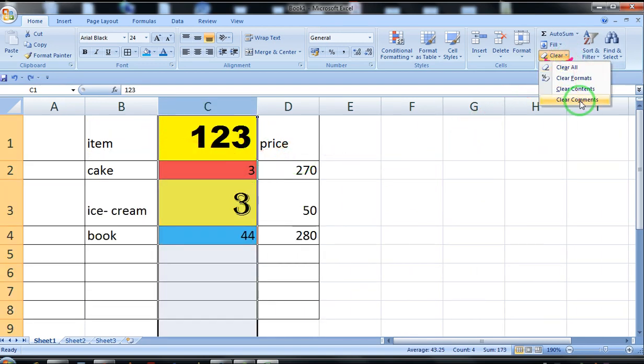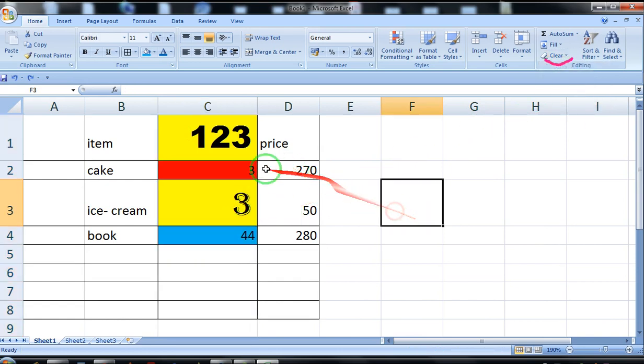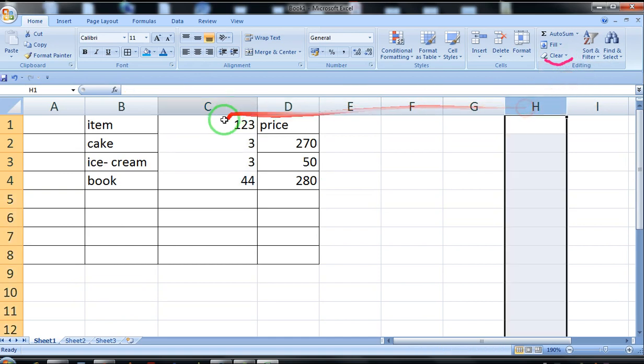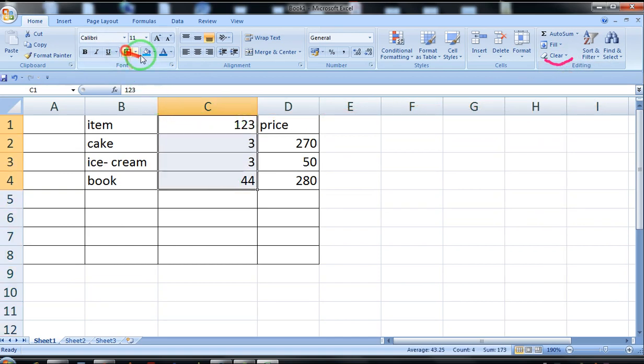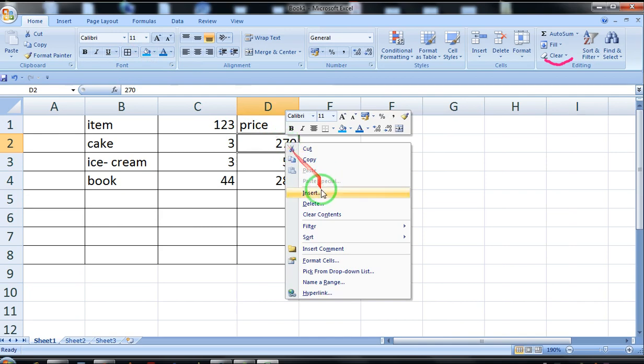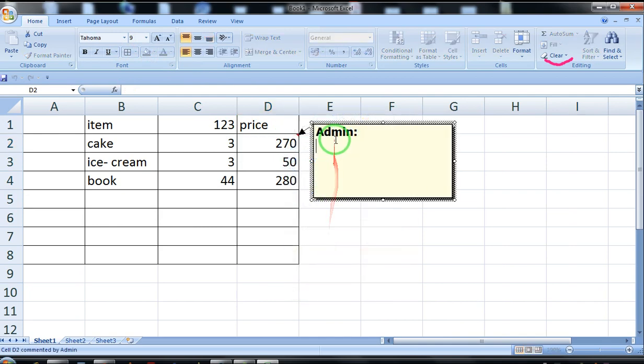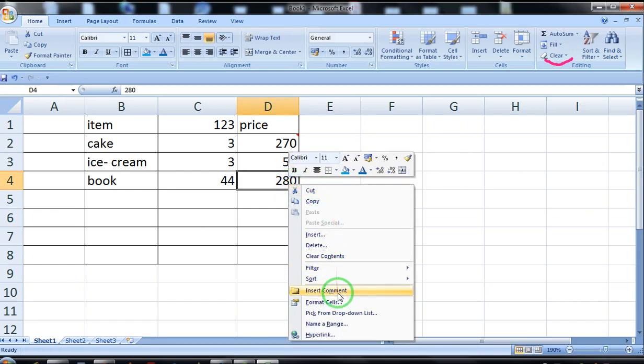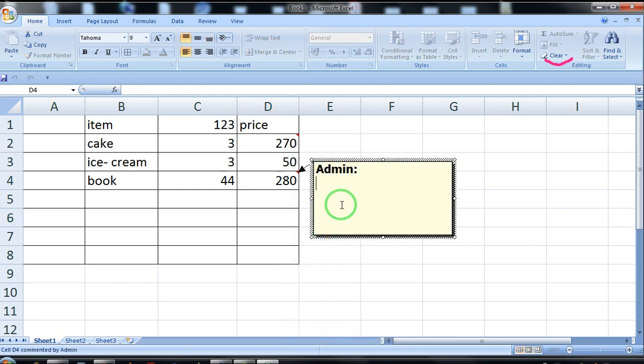The next option is clear comment. With the help of clear comment, we can remove the comment. So first let's create a comment. This is not looking good, let's first clear the format. Okay, we have removed the format. So if you want to create a comment, right click, choose the option insert comment, and then you can add a comment. Price per item, this is the comment that I have entered, and here let's enter one more comment, insert comment, and language of book